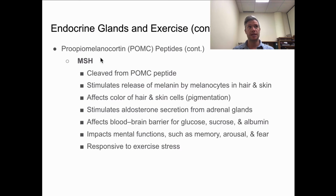So there tends to be increased memory. Generally, there's increased arousal that is associated with increased MSH, as well as fear kind of responses potentially. So, generally speaking, yeah, interestingly there's a drug that was developed for albinism, people with albinism, and